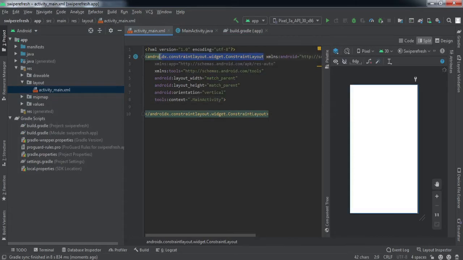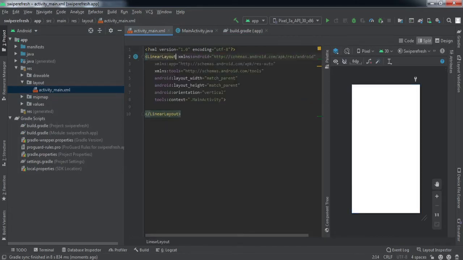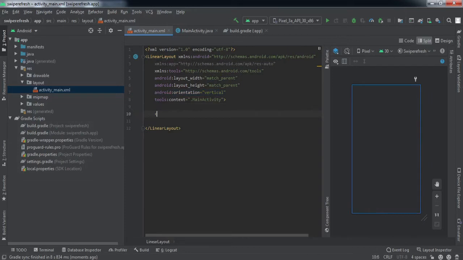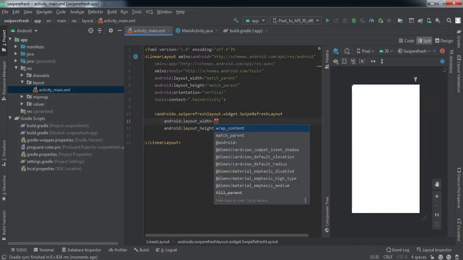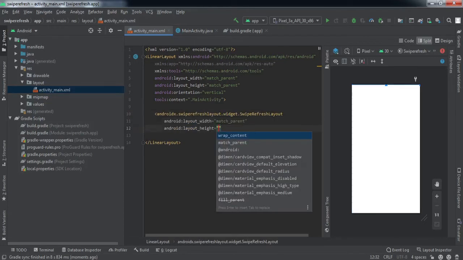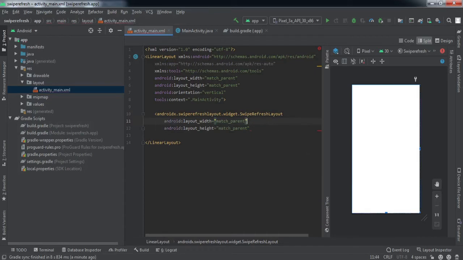Here, first I'm gonna change this constraint layout to linear layout, and the orientation is already set to vertical, right? First we'll implement this swipe refresh layout. We'll set the width as match parent and the height as match parent as well. We'll give it an ID of swipe refresh,